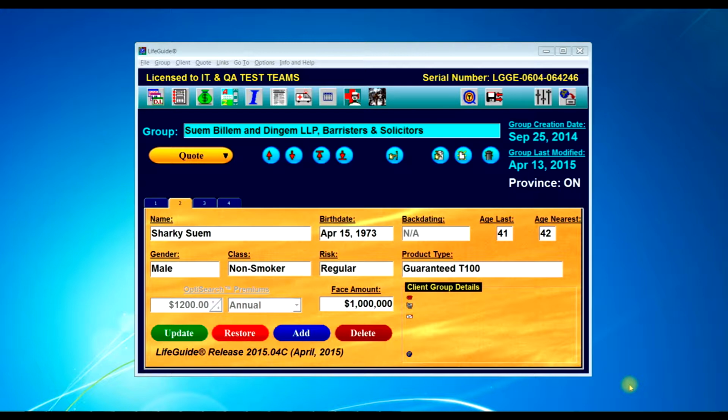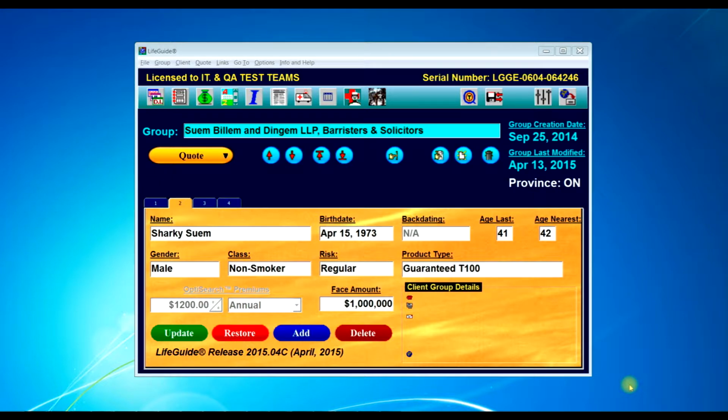In this tutorial, we're going to look at something that a lot of people don't know, and that is the actual effective cost rate to finance life insurance on a monthly payment schedule versus paying for it annually. So what we're going to do is take a look here at